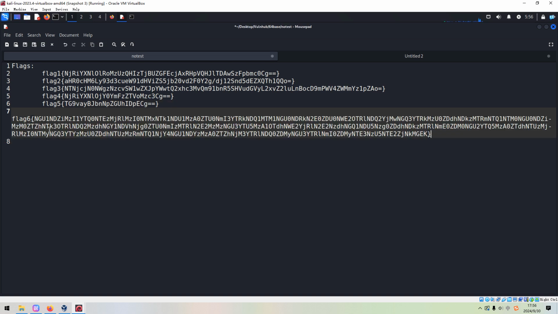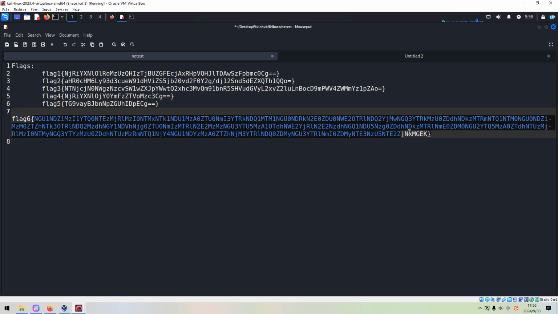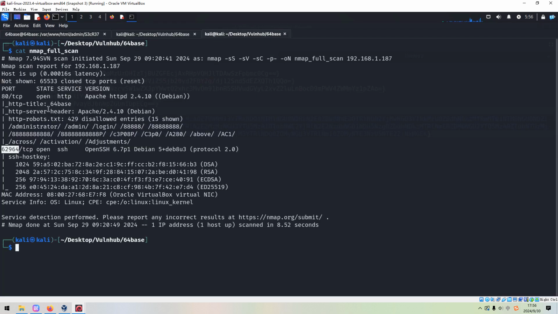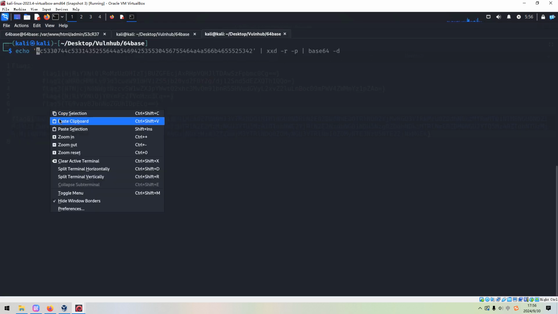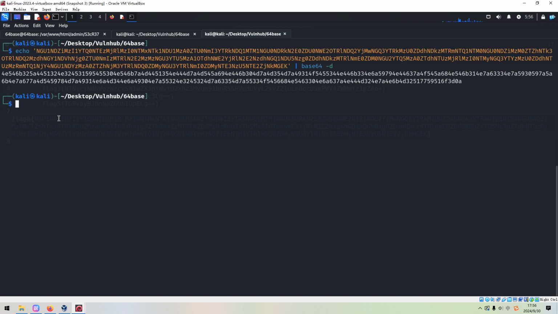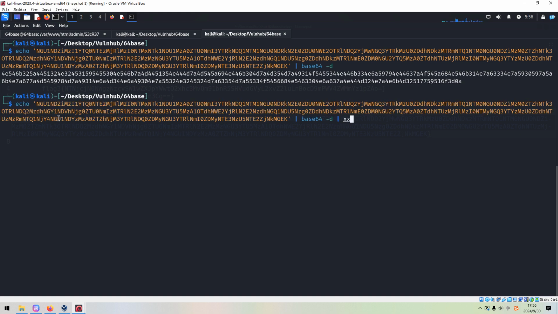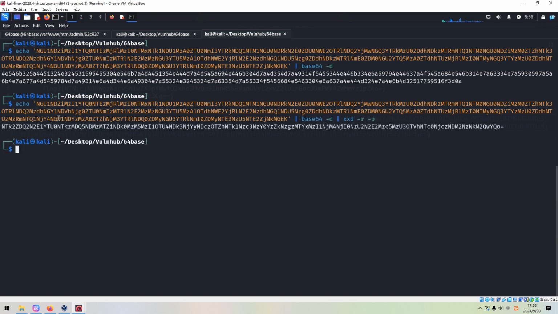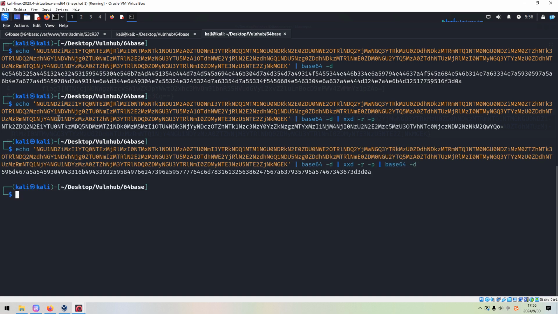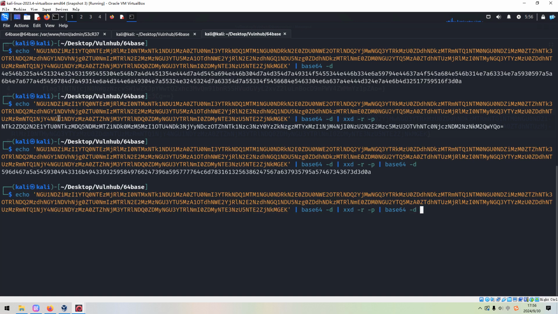Okay, and do we need to decode? We can echo. We can pipe to base64. Interesting.